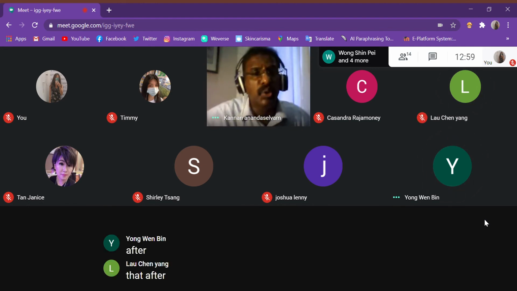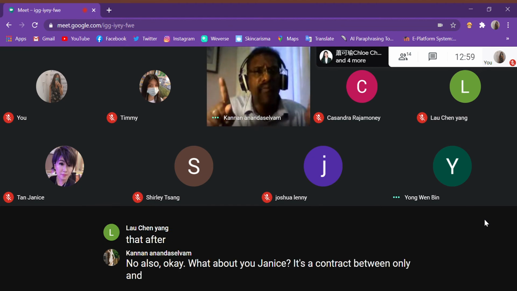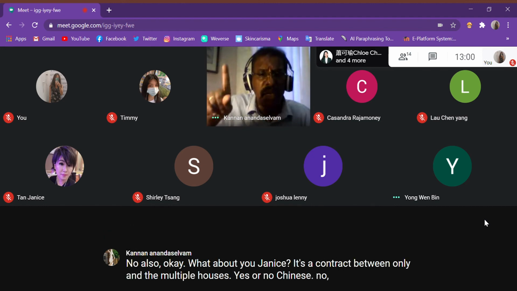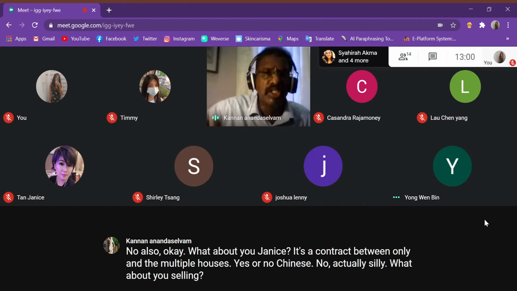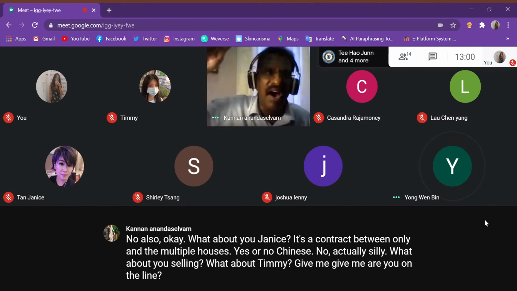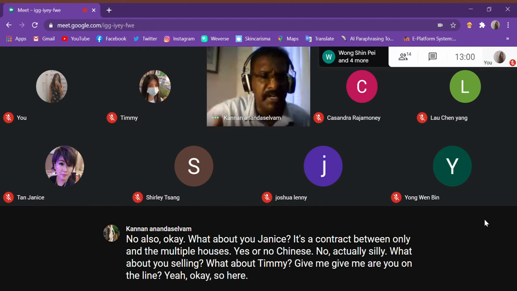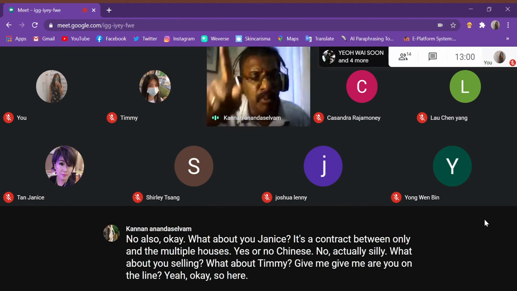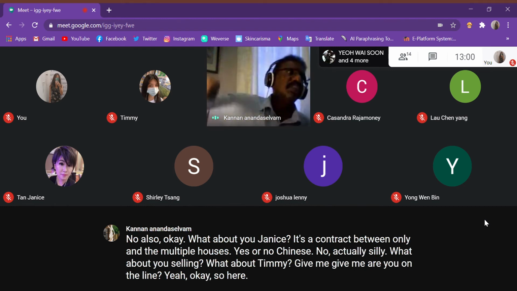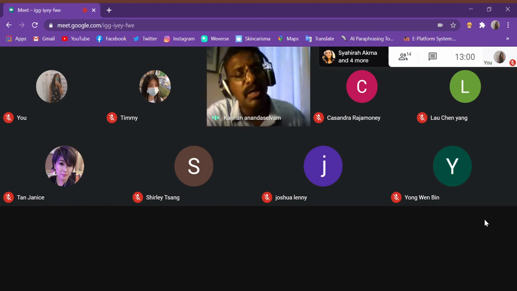After. After, right? So this is the leading case here, where the judge laid down a law. They said if any party were to rely on an exemption clause in the form of a notice, that notice must be brought to the attention of the parties either before entering into an agreement or at least at the time of entering into an agreement. Only then is that notice valid. But since this notice came in after the contract had been concluded, that notice is inapplicable. So the hotel lost the case.